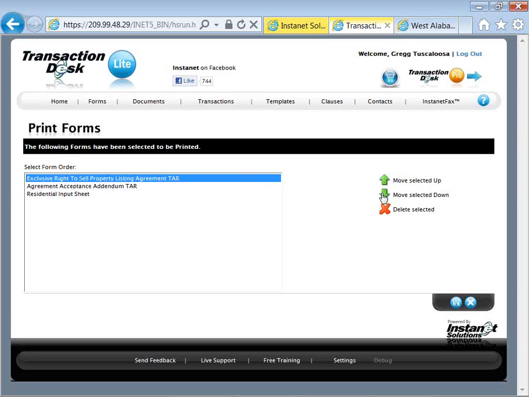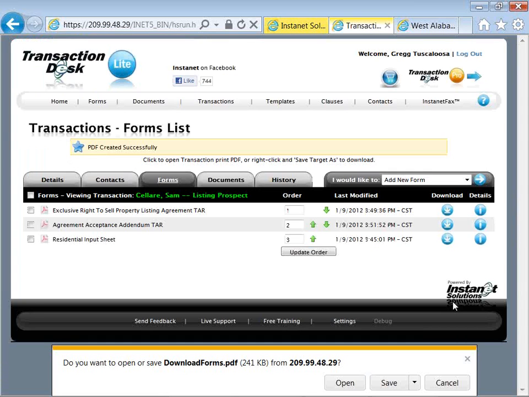Use the green arrows to put them into a meaningful sort order. Save our PDF. Bottom right corner, clicking on that Save Diskette. It's going to create a merged PDF document from these 3 individual forms. It will be a non-fillable Adobe Acrobat PDF that I can